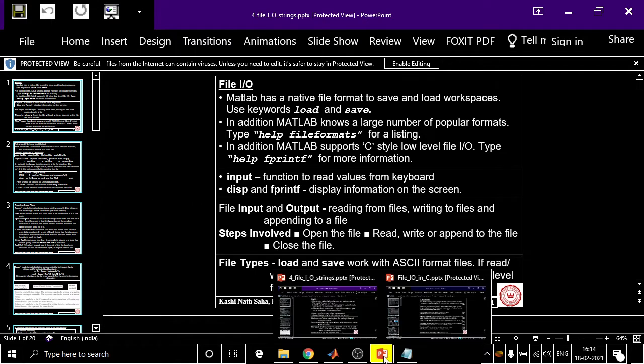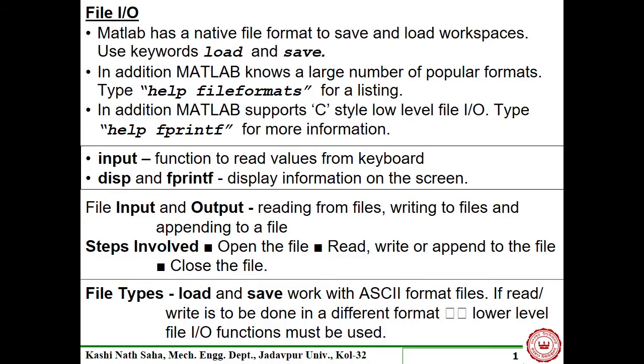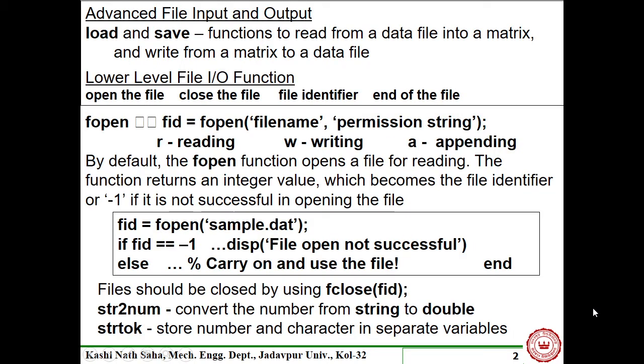Now in MATLAB, these load, save, etc. commands we won't use right now. Rather, we'll go through how to write in a file.